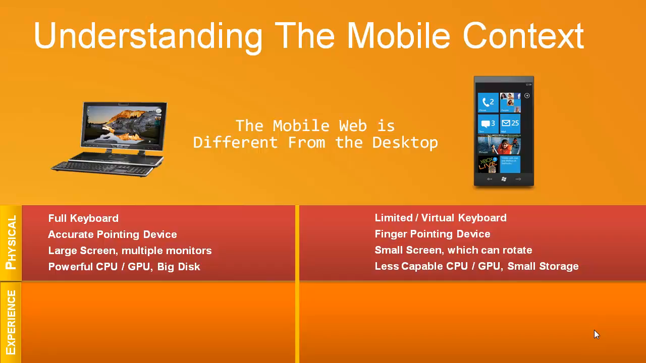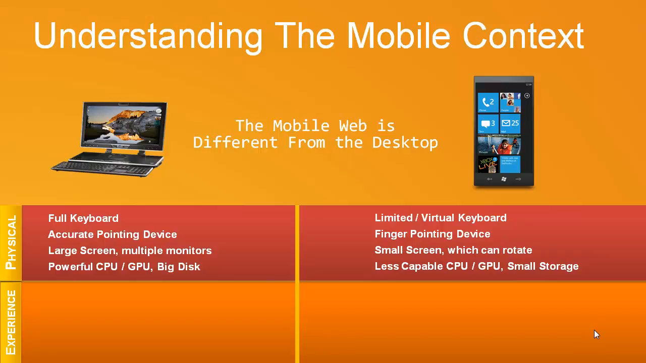On the other side, on the phone, we have a limited or virtual keyboard. We don't know which one we are getting based on the experience. And nowadays, most of the phones are coming keyboardless with an on-screen keyboard instead. We also have a finger pointing device, which means that accuracy nowadays is not that much as we have come